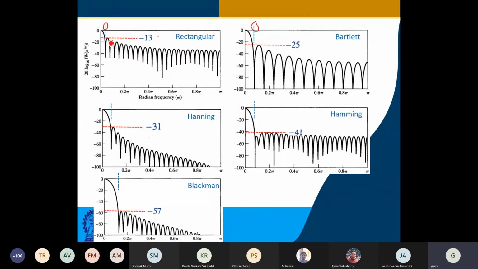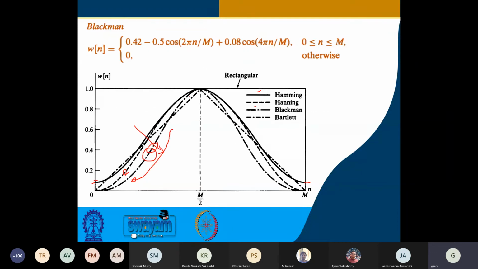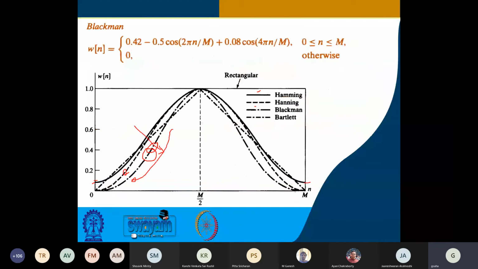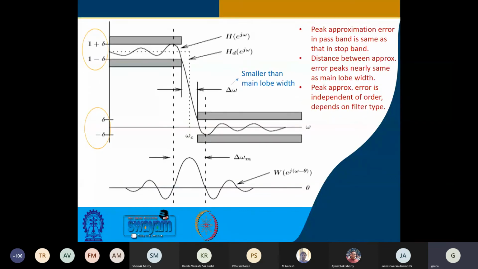So these are giving you the so-called transition width and all, right? And 3 dB cutoff frequency of the low pass filter. So you can see this width is maximum for Blackman. So stop band attenuation is maximum, but width is also maximum. So that is the trade-off that was being talked about here. That the tapering is fine, and height of side lobe decreases, but the main lobe is wider. So this is what we observe here, right? So accordingly,